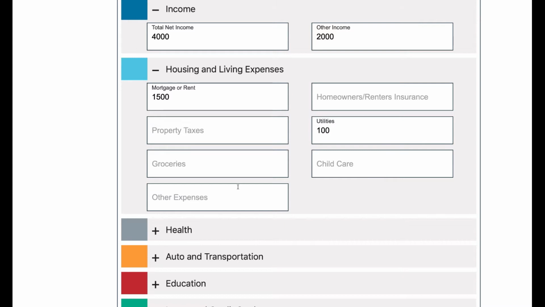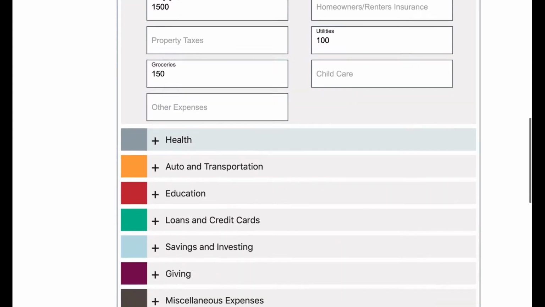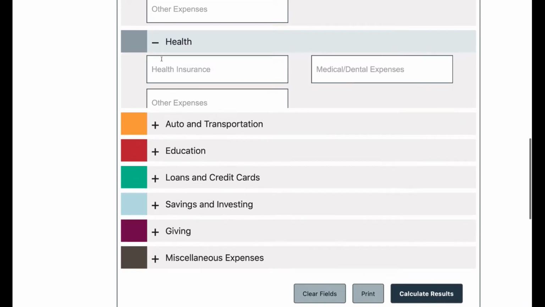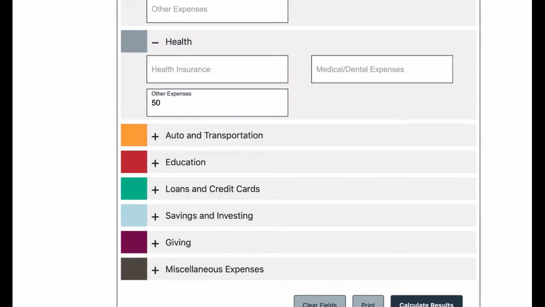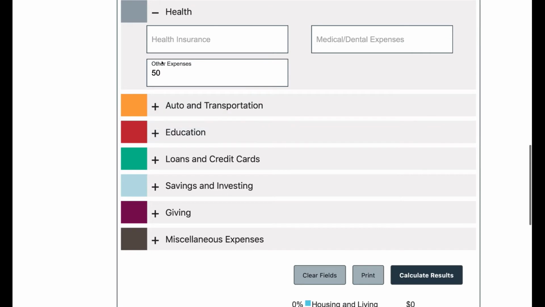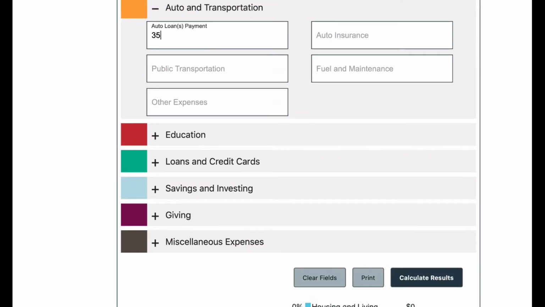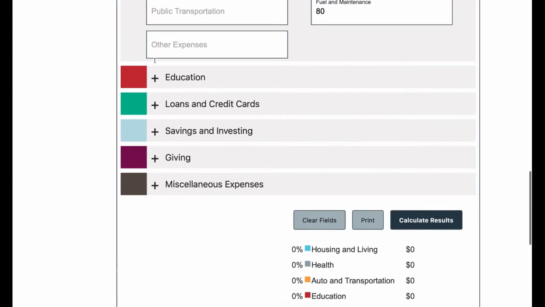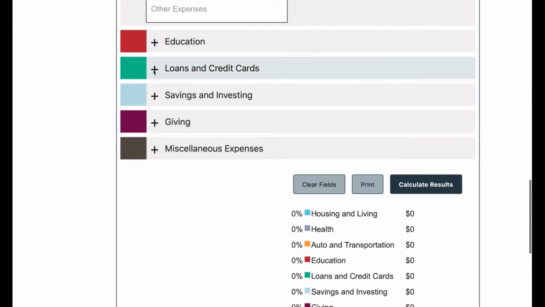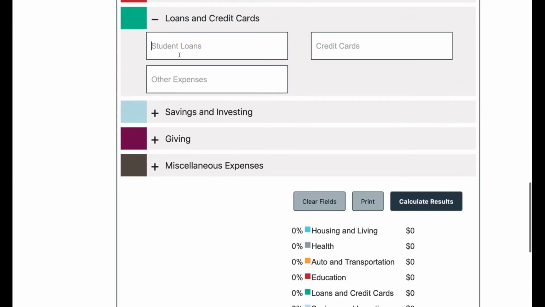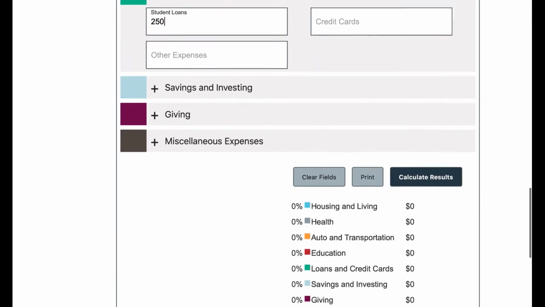He pays about $100 for utilities and only about $150 for groceries since he mostly eats free pizza from his job. For health costs, he has health coverage through work, so the premiums do not need to be added here, but he does buy contact lens monthly. Auto and transportation costs are $350 for his new Honda he just bought, $120 for insurance, and since he lives really close to work, only about $80 for gas. He has no education costs, but under the loan section, he does have a student loan for culinary school where the payments are about $250 a month.